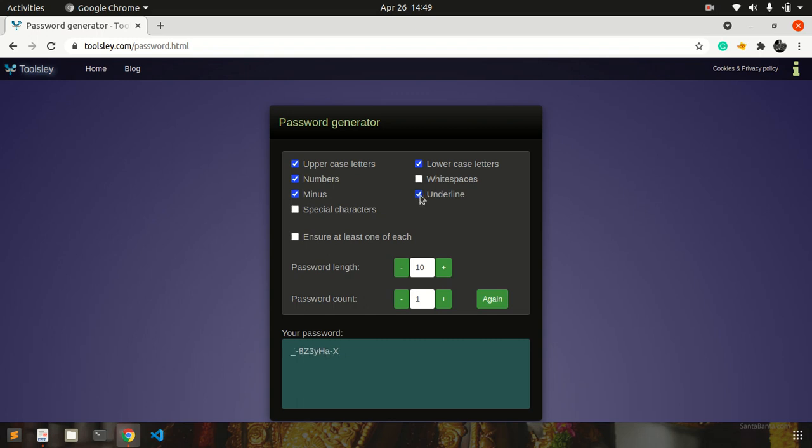If I select these 6 tick marks, I can select the length also, 16. I can select the count also, and with the help of this you can ensure a very good password will be created for you for any purpose whichever you want. So this is also a very good feature.